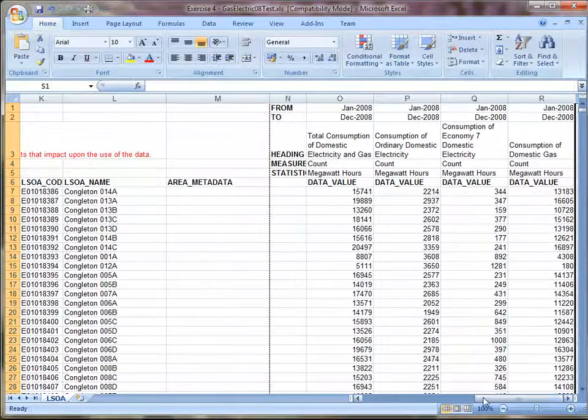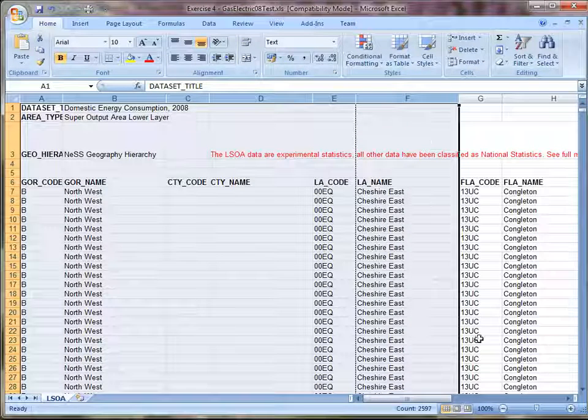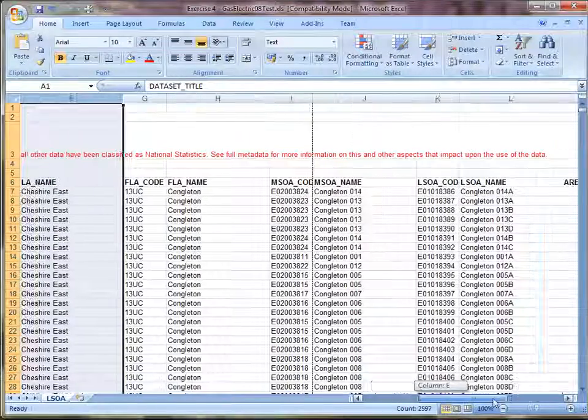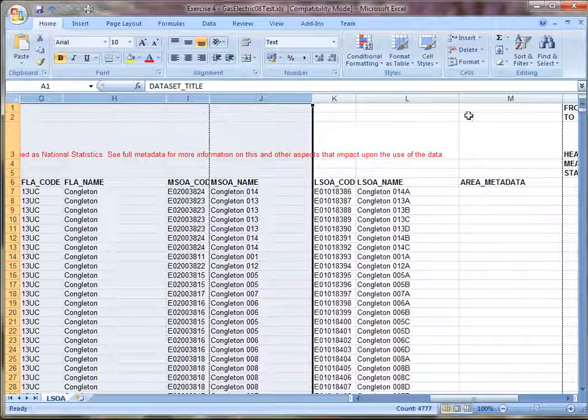That leaves us the LSOA worksheet, and again what we see here is we have many different geographic columns in it, which we can actually delete because we only need the LSOA reference. So I'm going to delete columns A through to J,